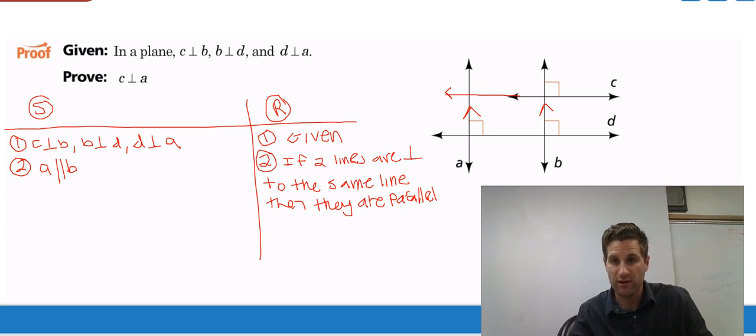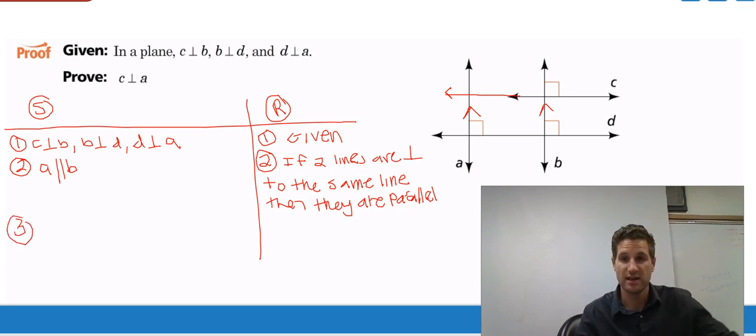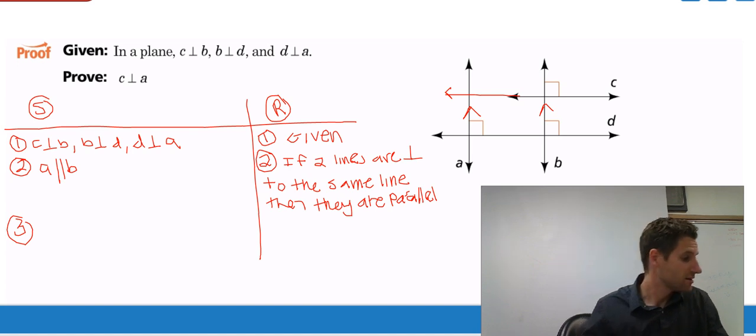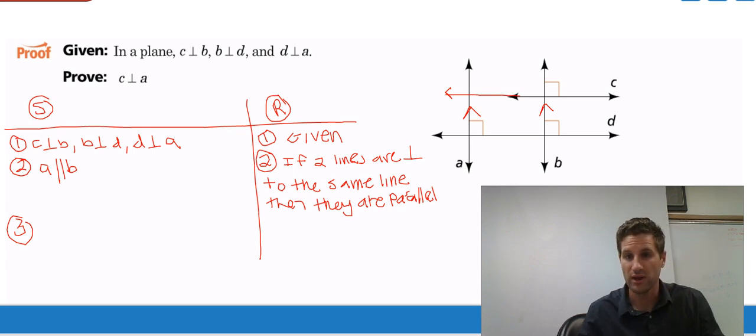Since these are parallel, I know that I can go ahead and use the perpendicular transversal theorem that states if C is perpendicular to D, then we can show that A and C are going to be related to one another. So let's go ahead and show that. So C is perpendicular to A,